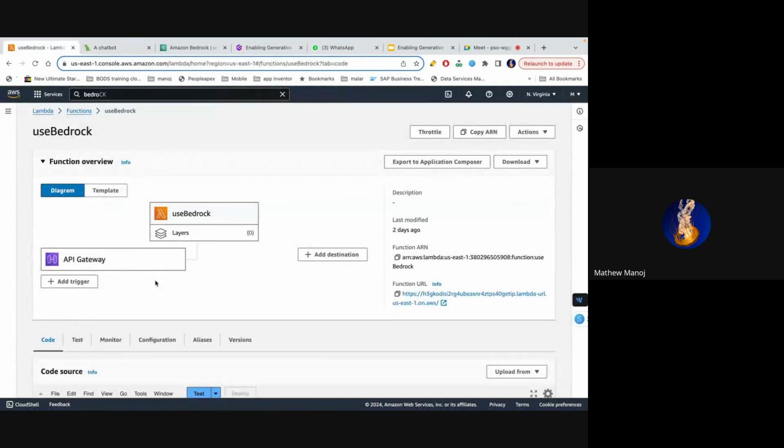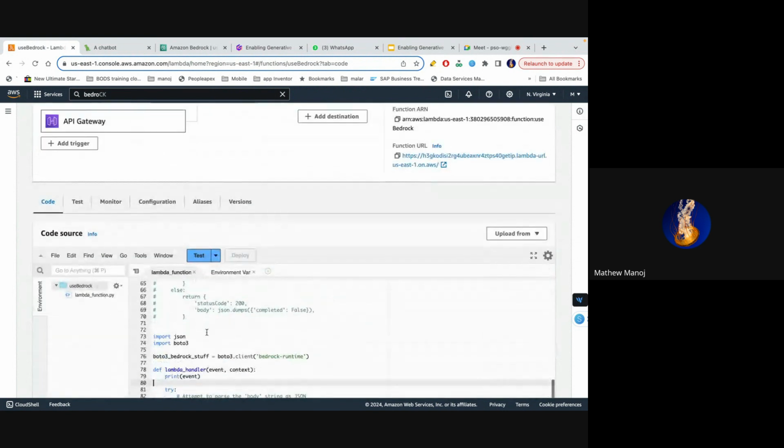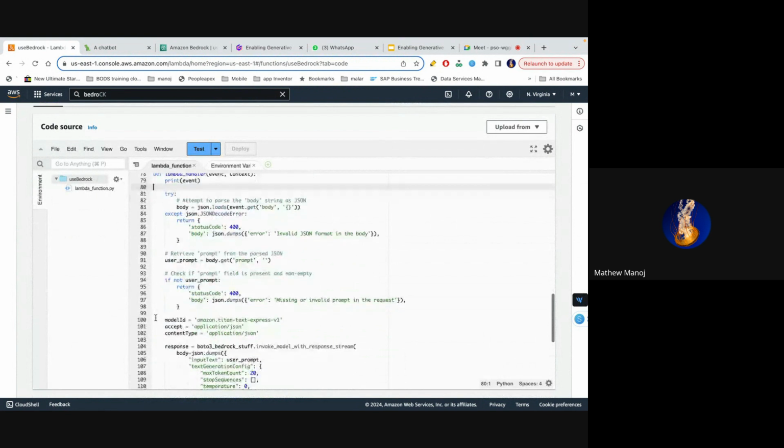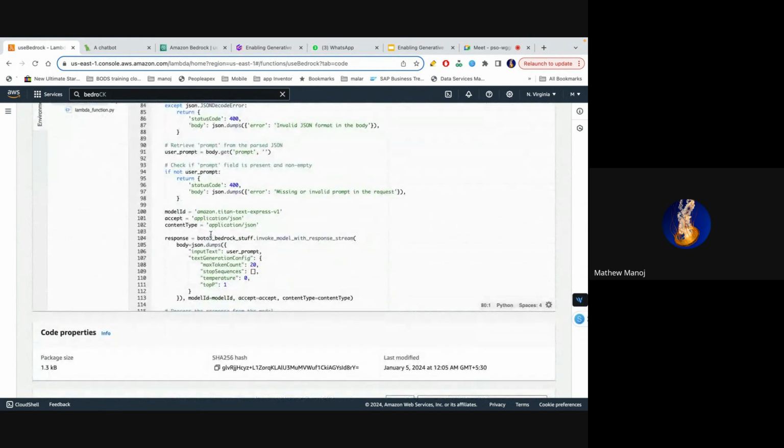Based on whatever product you are making, you can change the code here and there, but most of the time you'll only have to change the model ID and how you're passing in the input text. This will be the only part that changes a lot.